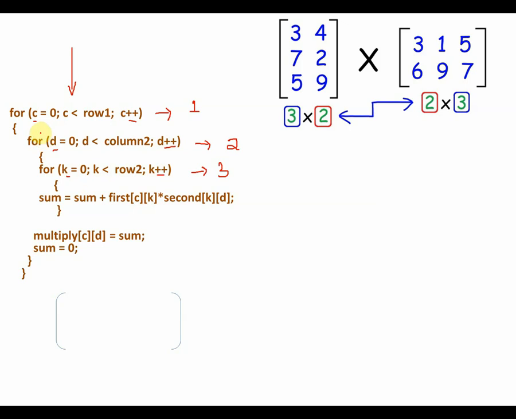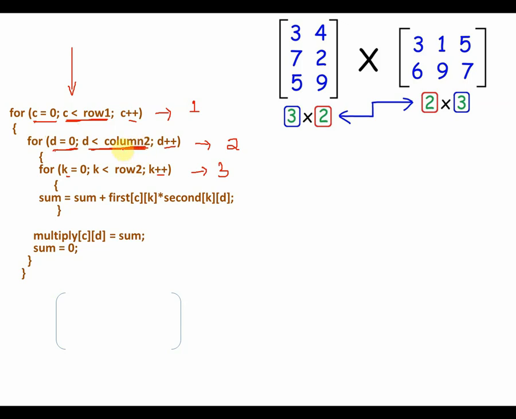Now, what is the way of going about this nesting of loops, or the structure of flow? First thing, you check if this condition is true. The first time, the C variable, which is the outermost variable, is initialized to 0, and you check if C is less than rows 1. Rows 1 will have some value, so you have to check if C is less than rows 1. If yes, then only you will enter the for loop and check this. Basically, first do this initialization and then check for this.